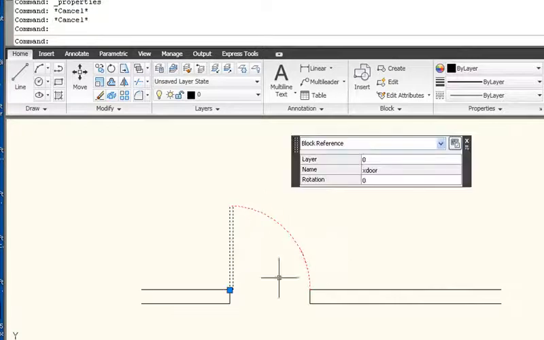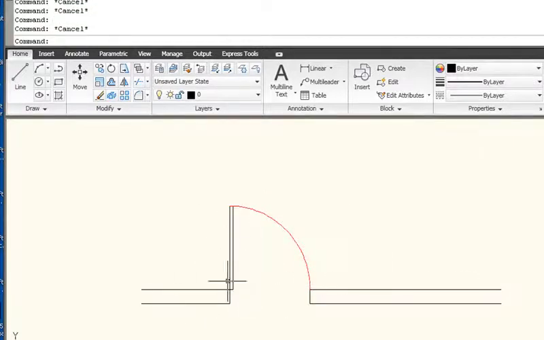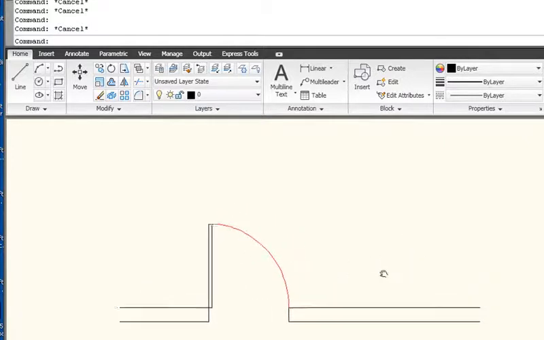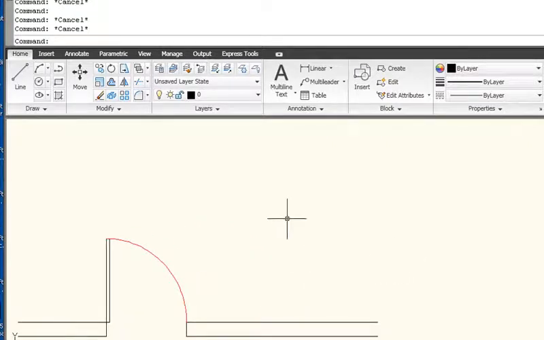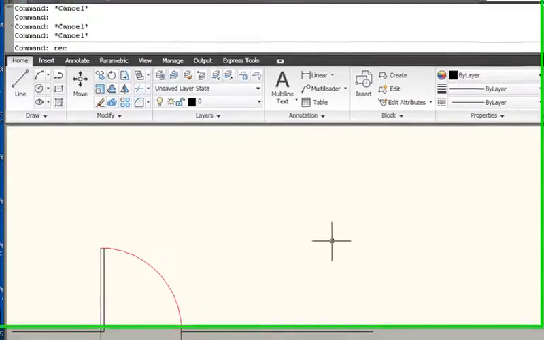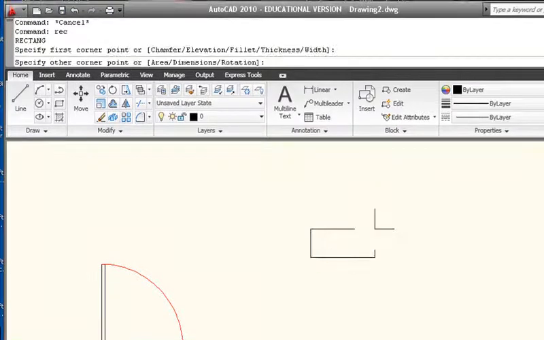So this door now can be any size we want it to be, and it can actually swing in any direction and rotate in any direction just by either mirroring it or rotating it once we insert it. So those 2 blocks are really useful. The last block I'm going to show you is a window block. And I'm just going to create a window block by creating a